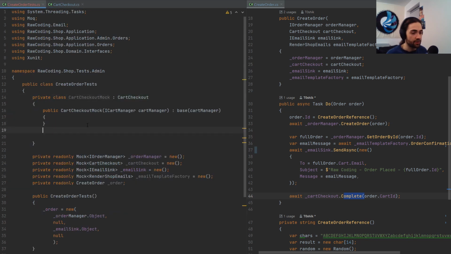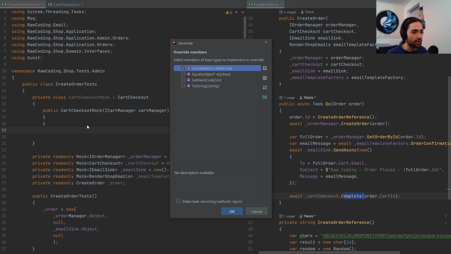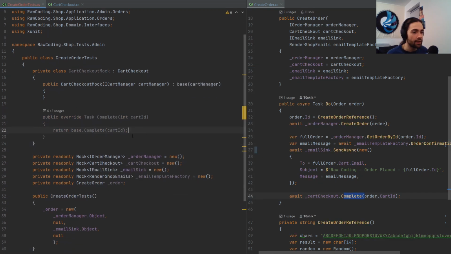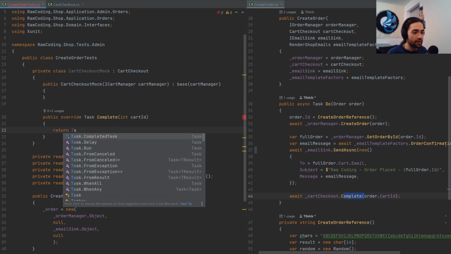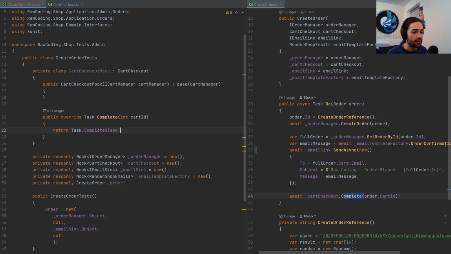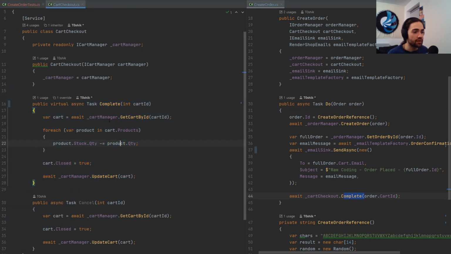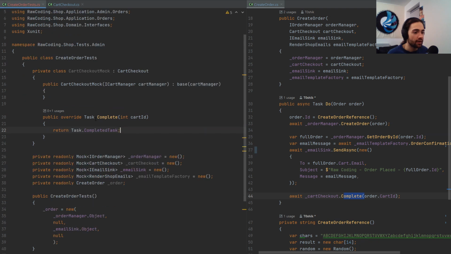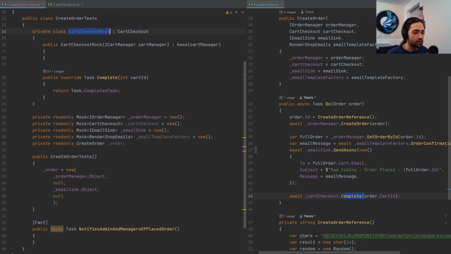This now enables it for override, so we can mark this as complete, okay? And now what you do is you basically just say, all right, how do you want to override this? In my case, I don't really care what it does, so we can just go ahead and return task completed. Since it is a void, it doesn't really do anything, and now it is something that we can just supply here to,